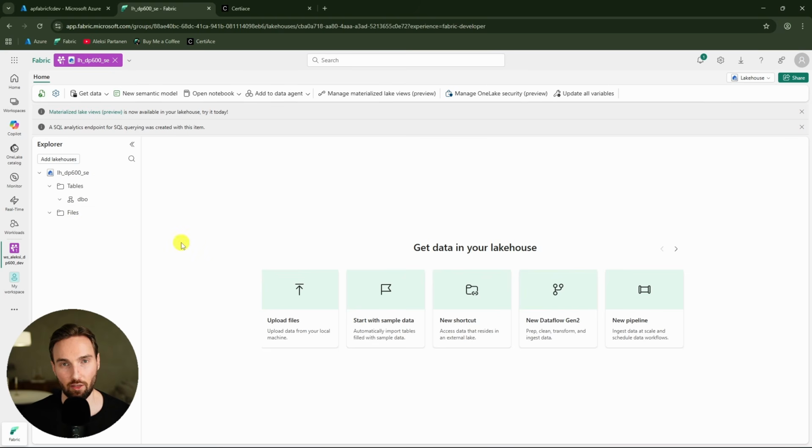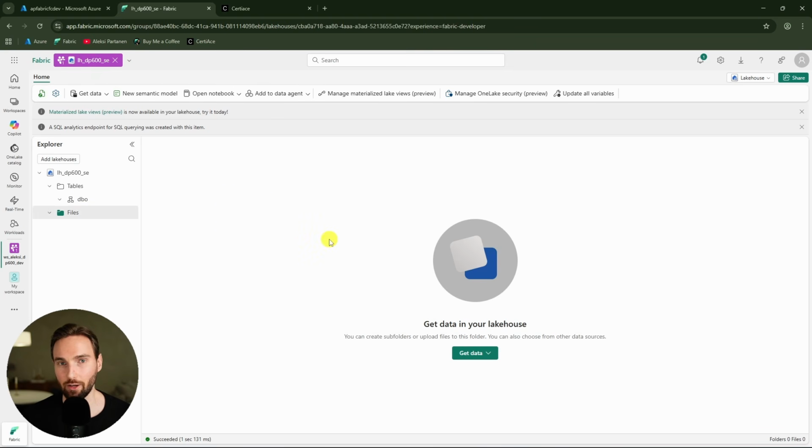Basically, like we covered in the theory section, lakehouse is a data store that is able to store raw files and also some tables. To this file section, we would be able to upload any kind of data we want. For example, we could upload here CSV files or JSON files, or we could upload some audio files or video files. Basically, the file type doesn't really matter. But to this table section, we then can create some delta parquet tables. So we have some delta tables that look like very traditional database tables, but they are using delta parquet format